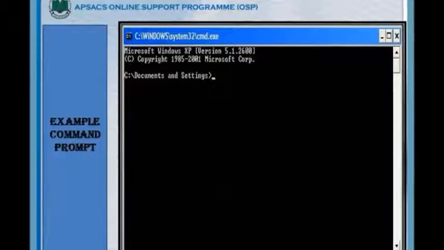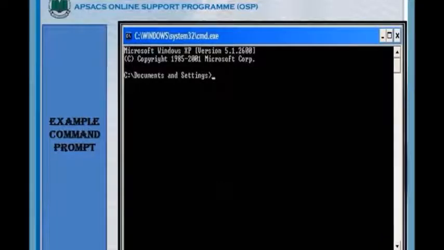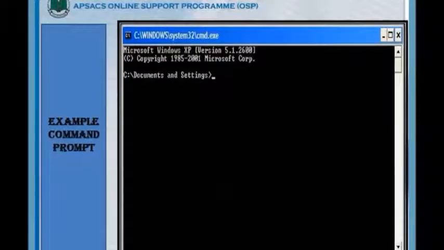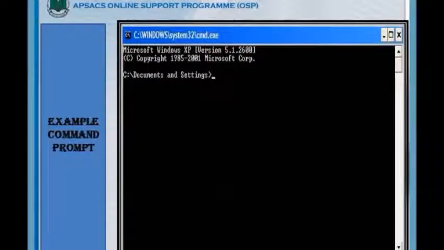This is the other image. It is basically an empty screen because nothing has been typed by the user, no command has been typed. At the initial stage, when you open your command prompt, you will see this screen in front of you, and after this screen you will type any command, let's suppose dir,